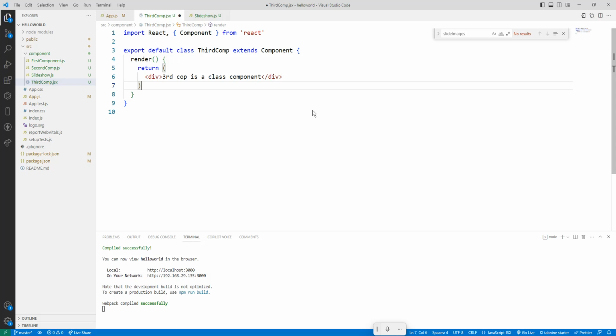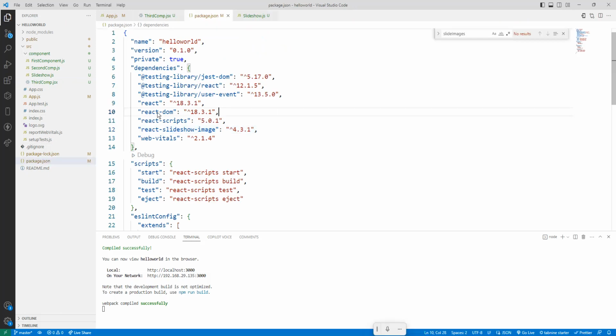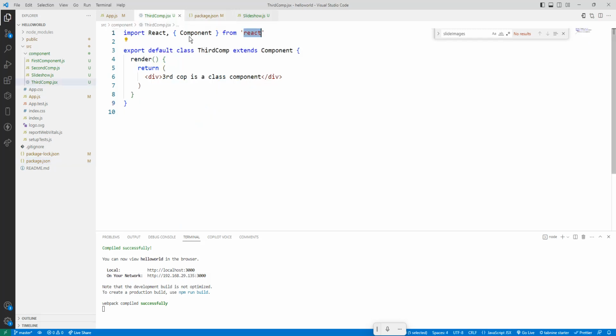Yes. Here, what is happening? How is React.js running from the React library? Where is the React library? Here in the package.json. See here, which version of React are we using? React 18 point something. So if you are using a component, from where? From React.js. So it is a normal class